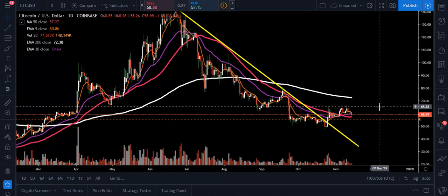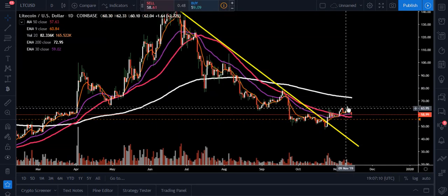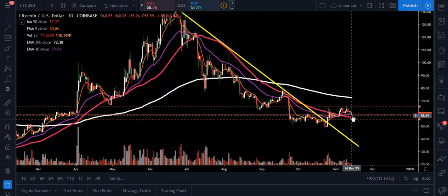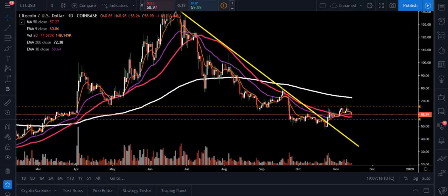And then to the upside, my alarm's going to be at 65.28. I would want to be alerted there, and that's going to be our previous high. So if the price does start going up above there, I want to be alerted, because then we'll probably come up here and test this 72.38. But right now, just really watch the 50-day moving average, watch these trends, and the more that I read, guys,